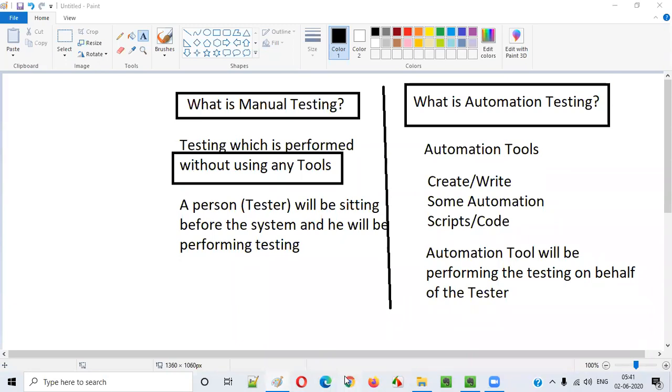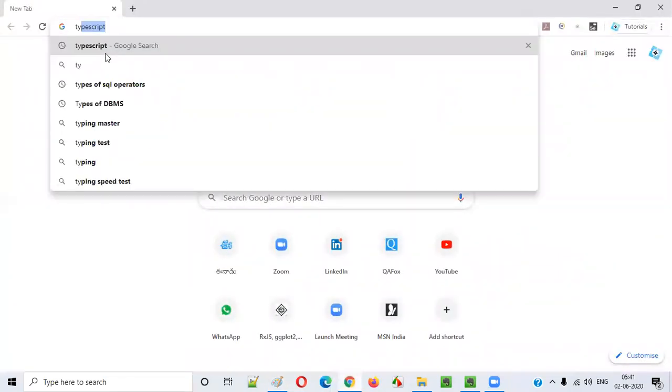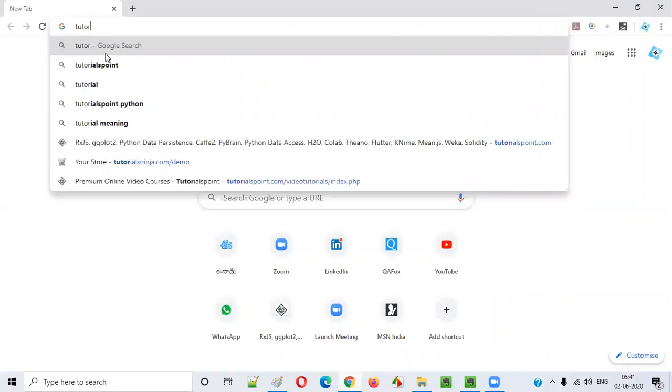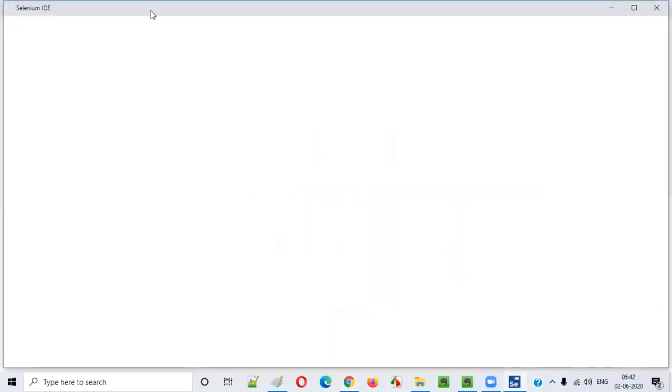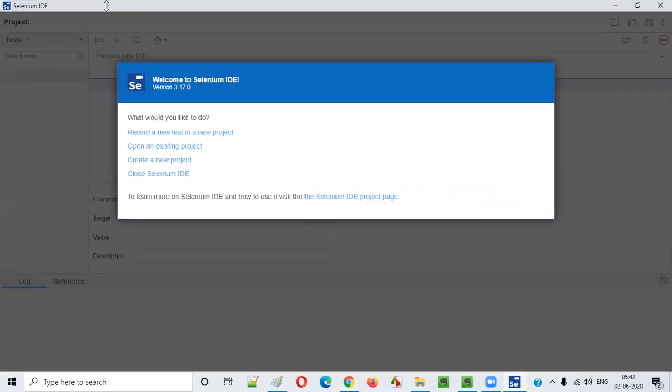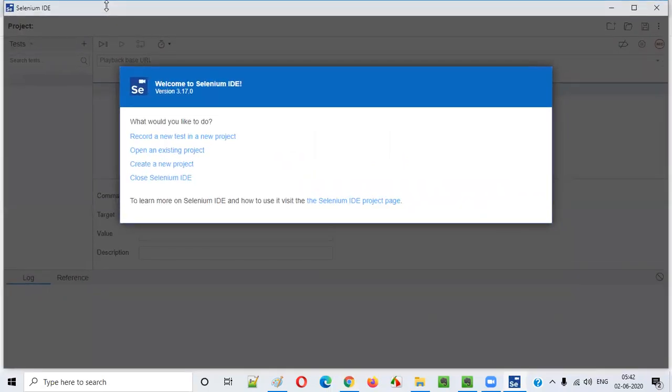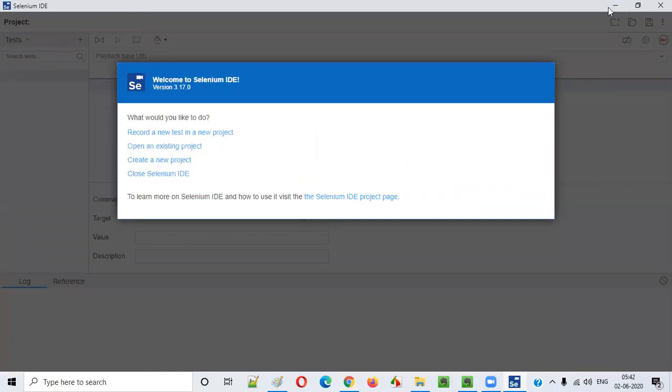So all these actions like opening the URL. Let's say, I'll show you. I will try to use a very simple automation tool. In Selenium itself, there is some tool known as Selenium IDE. I will explain more about Selenium IDE in the upcoming videos. But for now, just see what is happening here. You don't have to understand how to install this and all. I will be explaining more about Selenium IDE in the upcoming sessions.